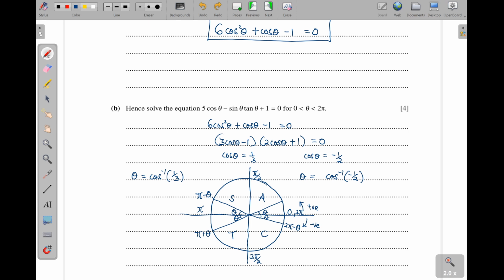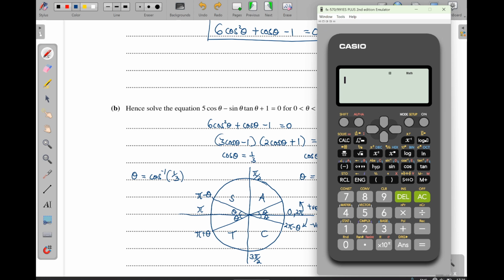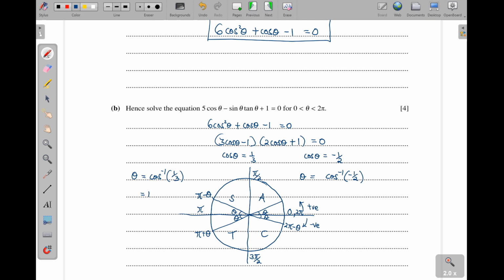So what do we get here? The arc cos of a third. My calculator here is in degrees, so I need to convert it to radians. You just press shift, then mod, and then rad is 4, and now shift, then cos, and then I put a third. This one gives me 1.23. That is to 3 significant figures. And then where cosine is positive, again, it is in the fourth quadrant. So I will say 2 pi, then minus that value,